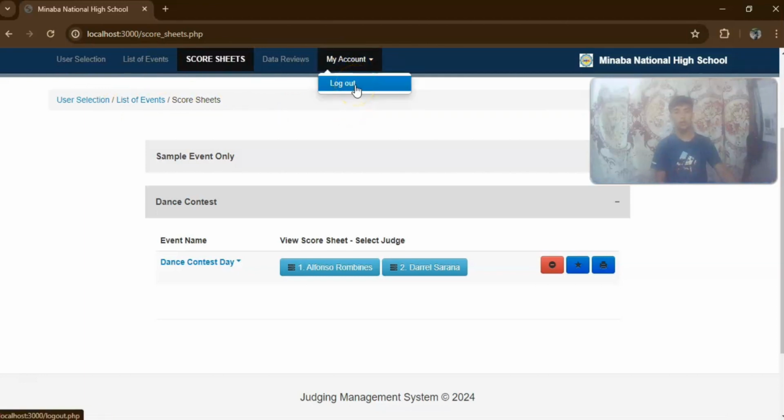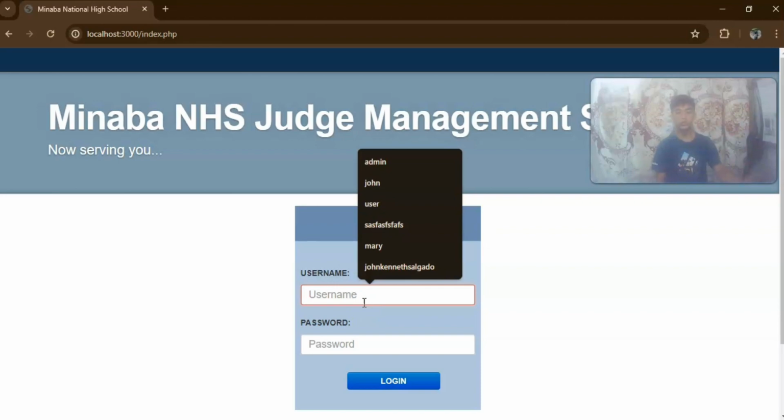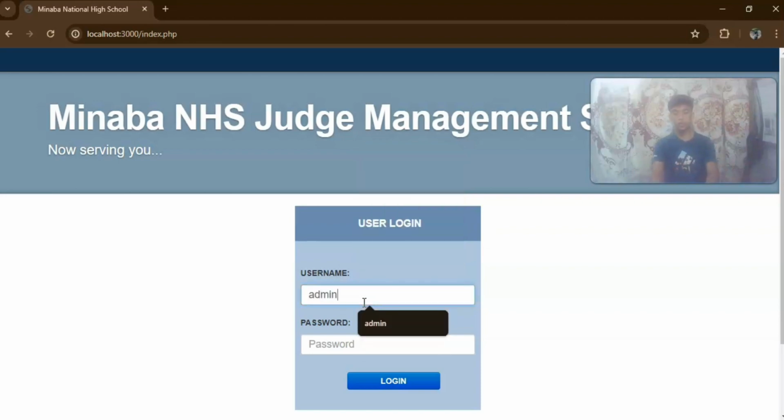Also, the organizer can log out of their account. By the way, the judges' side is separate. If there are two judges, then they have three computers including the organizer's side, one computer for each judge.